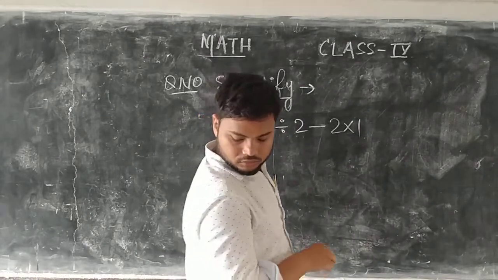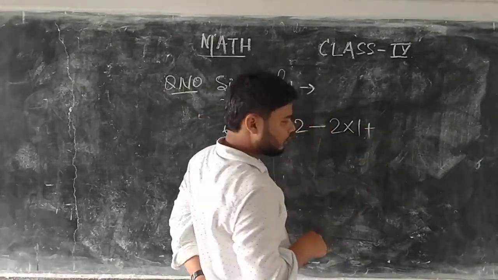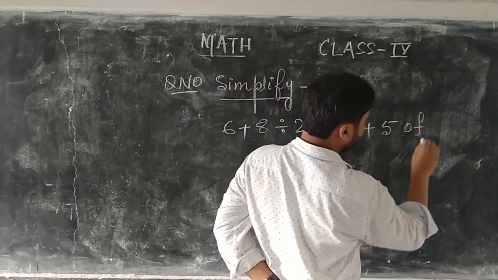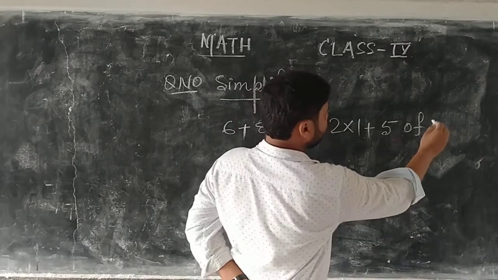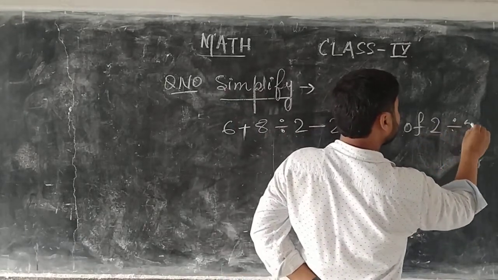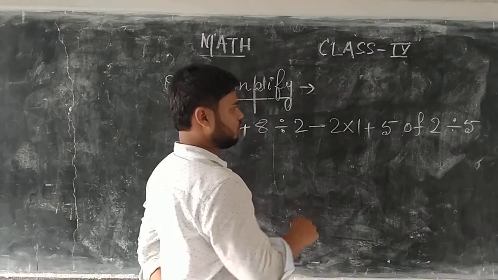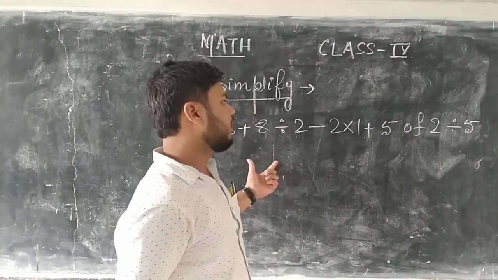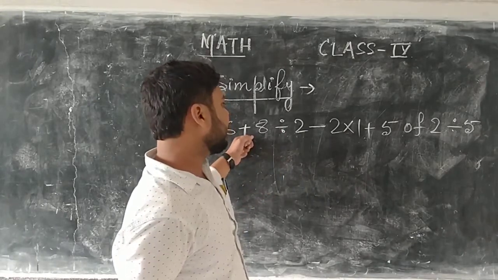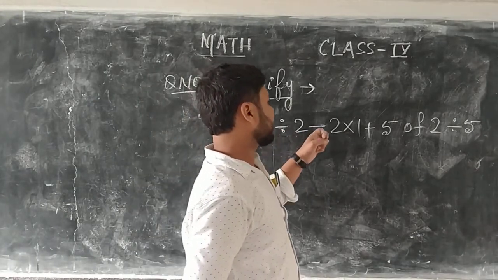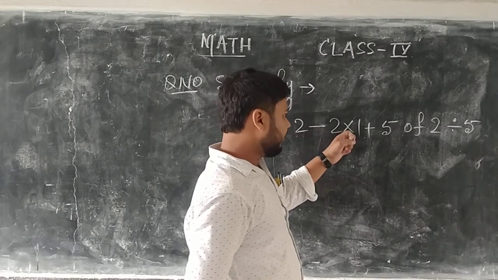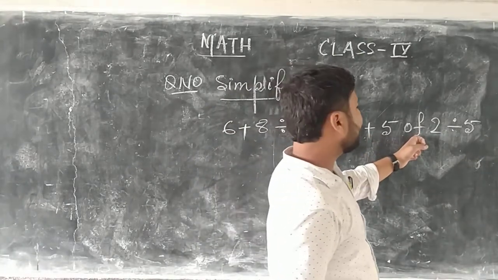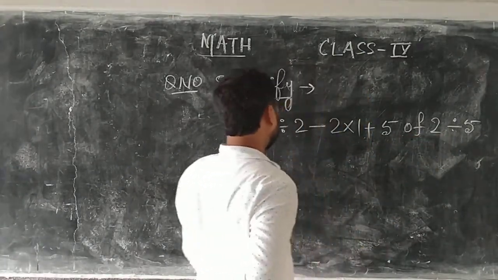1 plus 5 of 2 divided by 5. We have this question. We will talk about BODMAS again. Here addition given, division given, subtraction given, multiplication given, also again addition given, and also of given and division given. According to BODMAS,